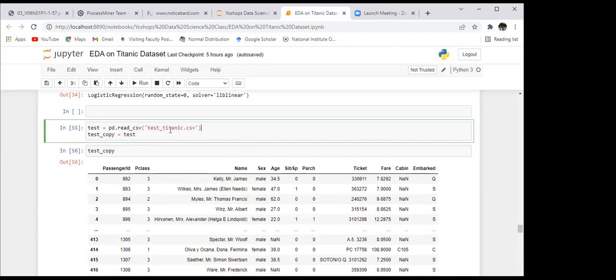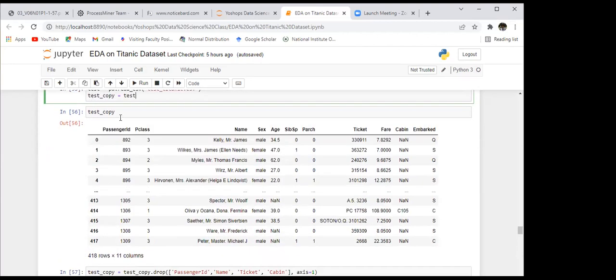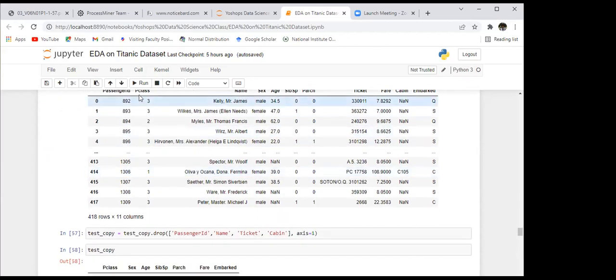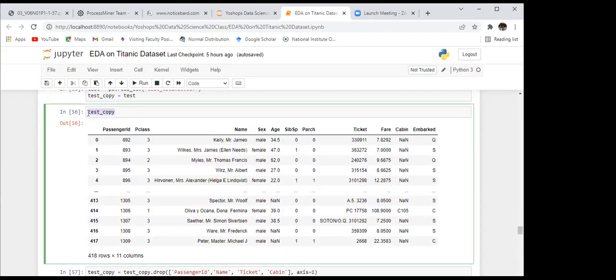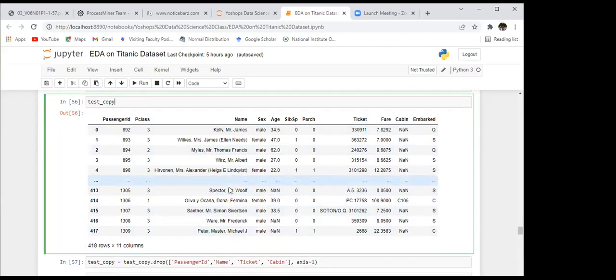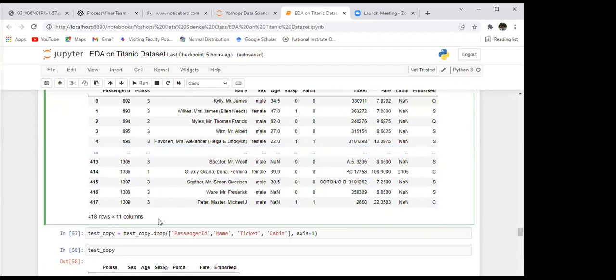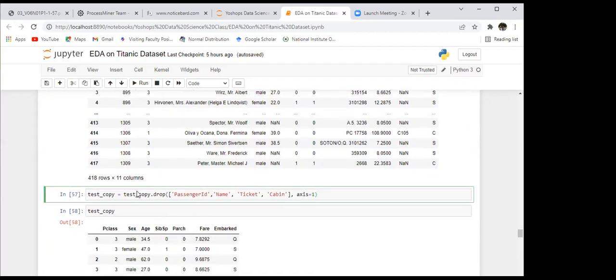Test Titanic. We make a copy of it, and whatever modifications we do will be on this copy only. This is for viewing the data roughly. So you have these many rows and columns. Since we dropped these variables from the train data, we will drop these from the test data as well.